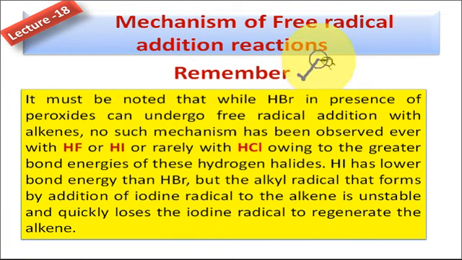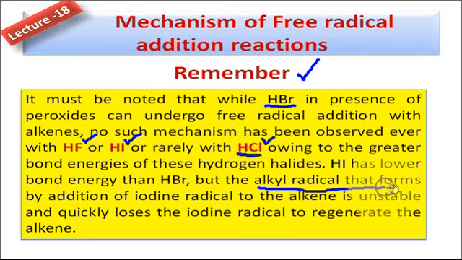One more thing to be remembered while discussing the free radical addition reaction: HBr in the presence of peroxide gives the anti-Markovnikov addition, while HF, HI and HCl do not give this type of reaction. HF and HCl have greater bond energy, so these cannot split into the chlorine radical or the fluorine radical, while HI has lower bond energy than HBr, but the alkyl radical that forms due to the addition of the iodine radical is unstable and